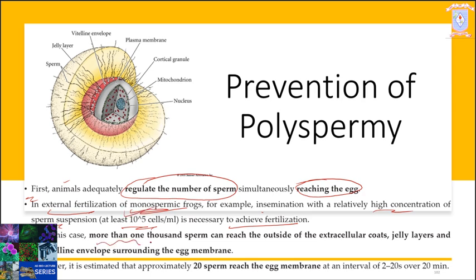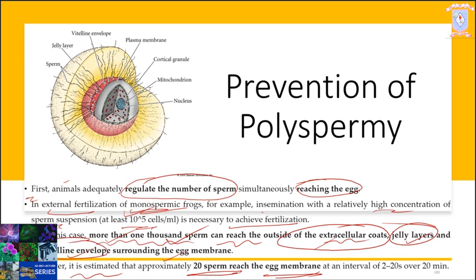In this case, more than 1000 sperm can reach the outside of the extracellular coats, that means the jelly layer and vitelline envelope surrounding the egg membrane. Due to this huge number of sperm, it is obvious that more than 1000 sperm will reach the outer layers of the egg membrane. However, it is estimated that approximately 20 sperm reach the egg membrane. Even though more than 1000 sperm can reach outside the extracellular coats, the jelly layer, and even the vitelline envelope, only 20 sperm can reach the egg plasma membrane, at an interval of 2 to 20 seconds